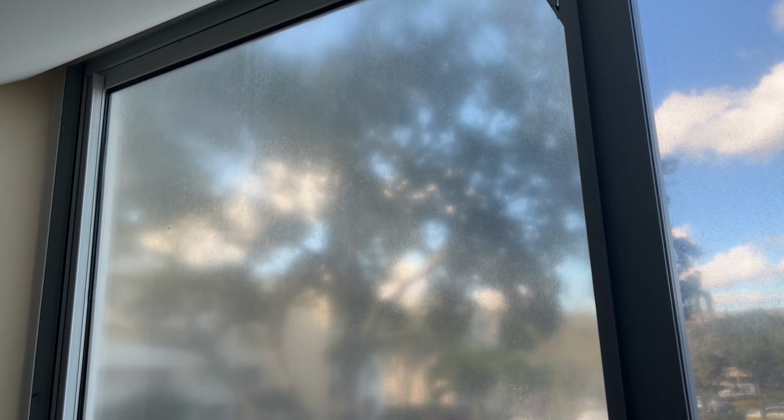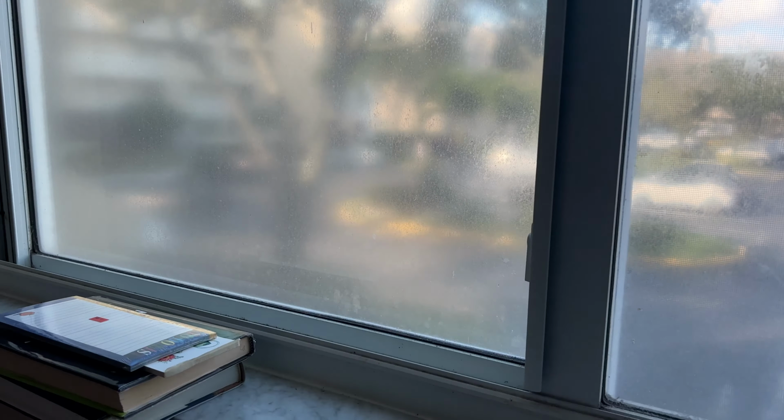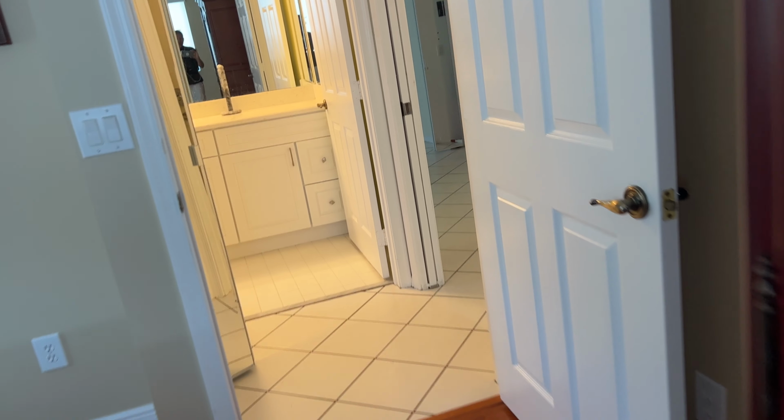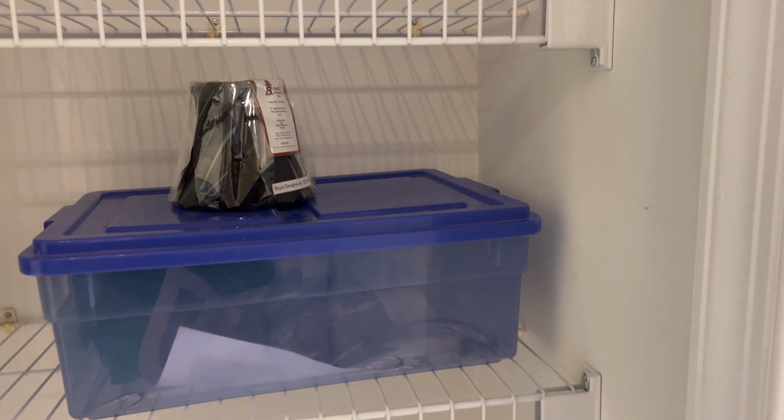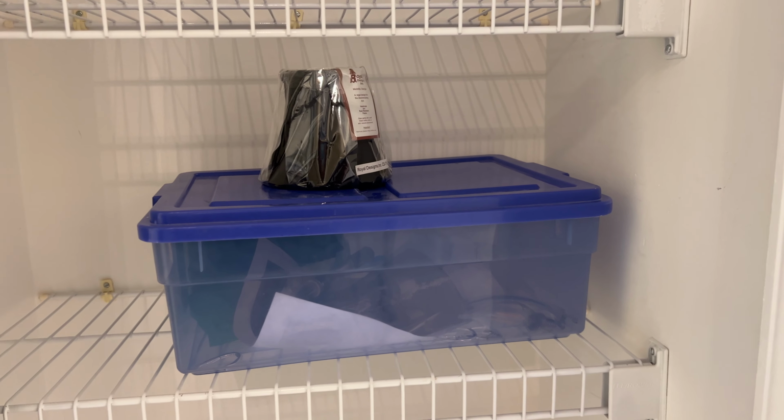I cannot imagine what's going on with these windows here, but I'd be very curious, because it's just not normal. You know, if it's a filter or just dirt, I'm not sure. But that's something that we probably want to have an answer for the buyers. The first closet here has just a few things. You know, this is for the chandelier that's outside in the dining area, and